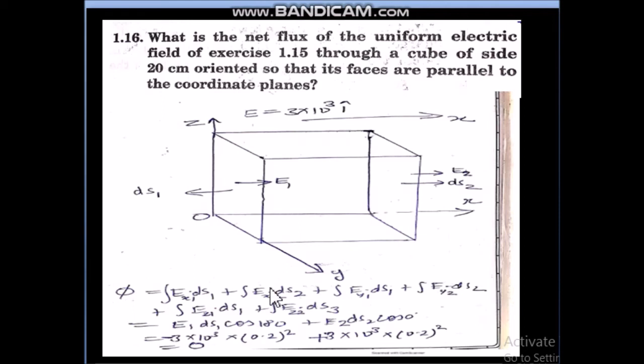So this way we have solved a question in which the electric field is given in only one direction and the given shape is a 3D shape. Sometimes it will be a cube, sometimes it may be a cylinder. So we will be solving these types of questions by taking different faces. Like we solved just now, for a cube there are 6 faces, so we have to solve this integration 6 times. Let us proceed to question number 17.